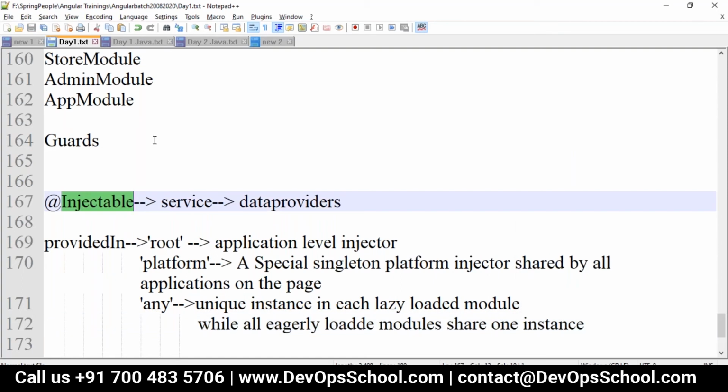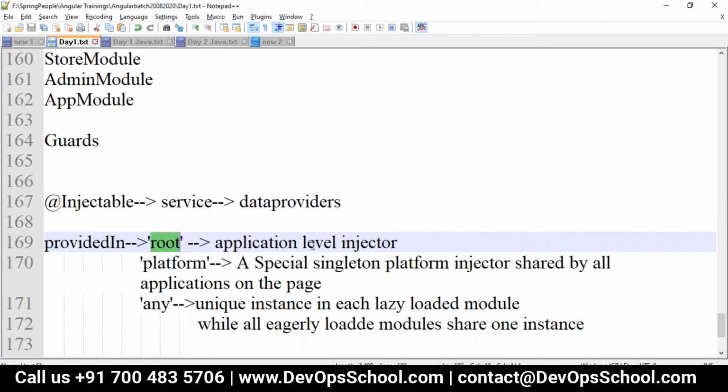Injectable will be used to write your service code, that is, to get the data from the backend, or maybe a hard-coded value, or to keep data. All these things you will use the Injectable decorator for, the data providers. In the Injectable, you will have an option called providedIn, and it determines what name you are using. Based on that, your Angular compiler or Ivy engine can understand what it is.